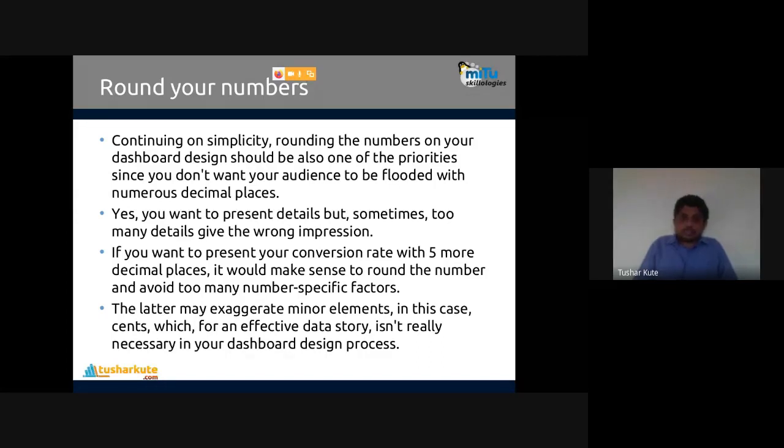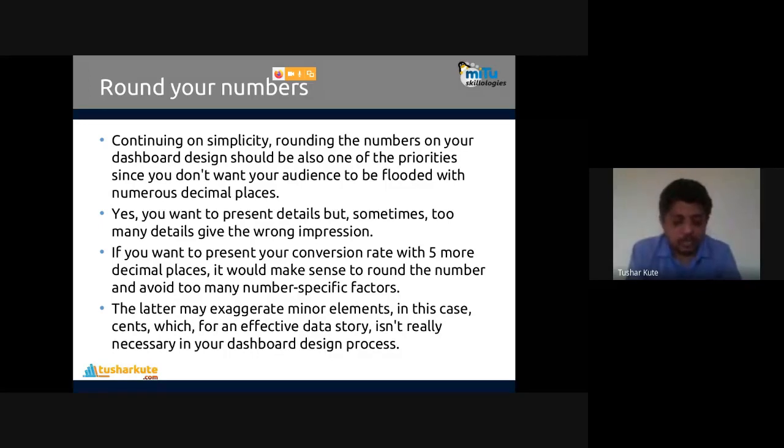So continuing on simplicity, rounding the numbers on your dashboard design should also be one of the priorities, since we don't want your audience to be flooded with numerous decimal places. Yes, you want to present details, but too many details can give the wrong impression. So if you want to present your conversion rate with 5 or more decimals, it makes sense to round the number to avoid too many number-specific factors. Keep at least 2 digits only after the dot. This is a general design principle that we have to look for.